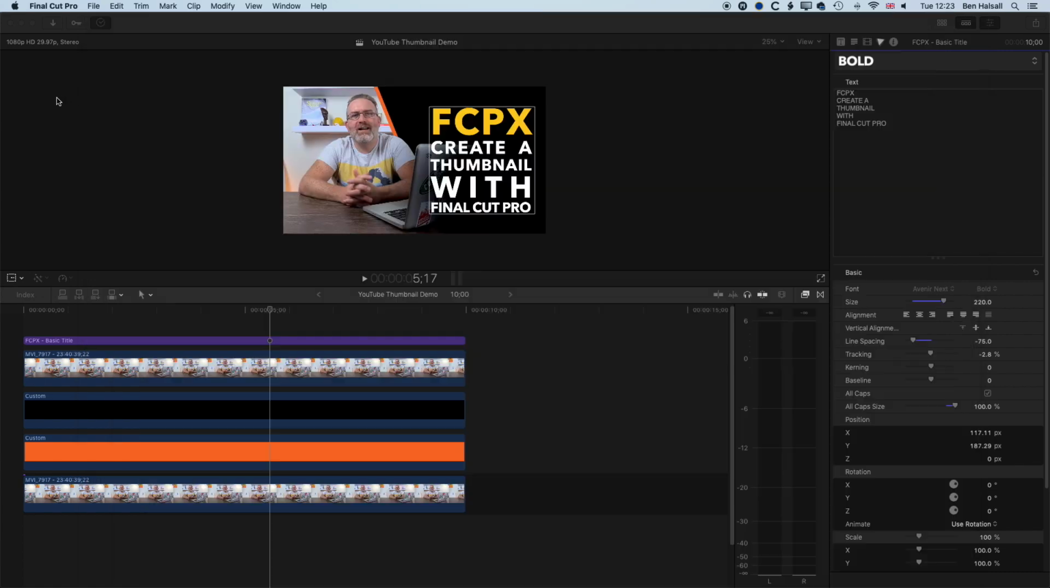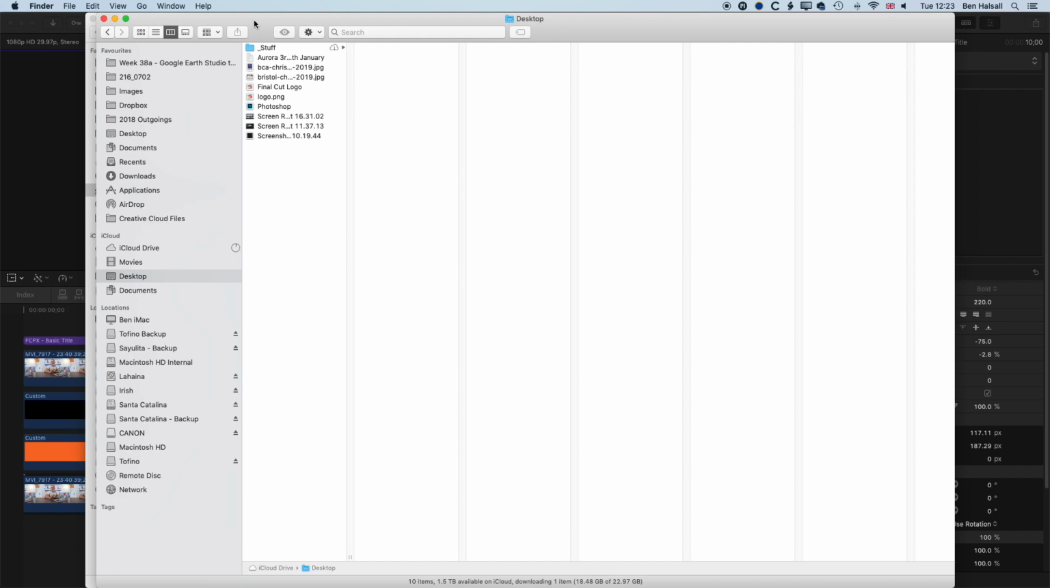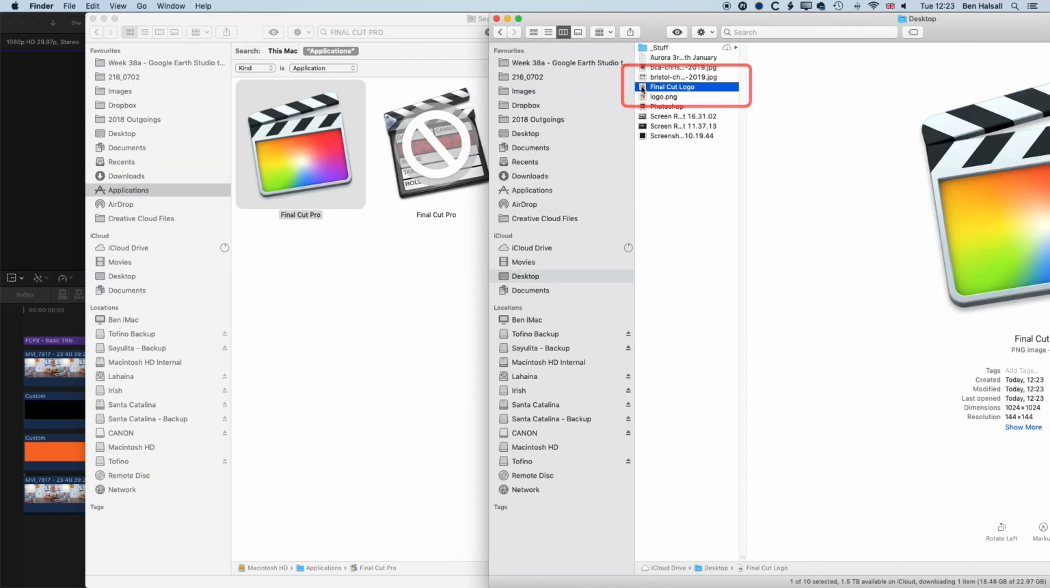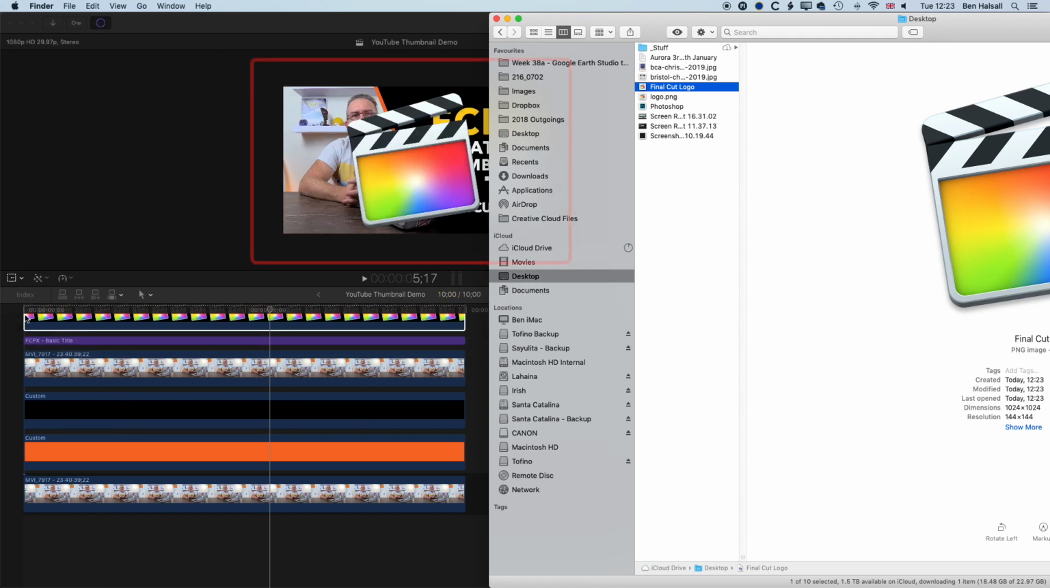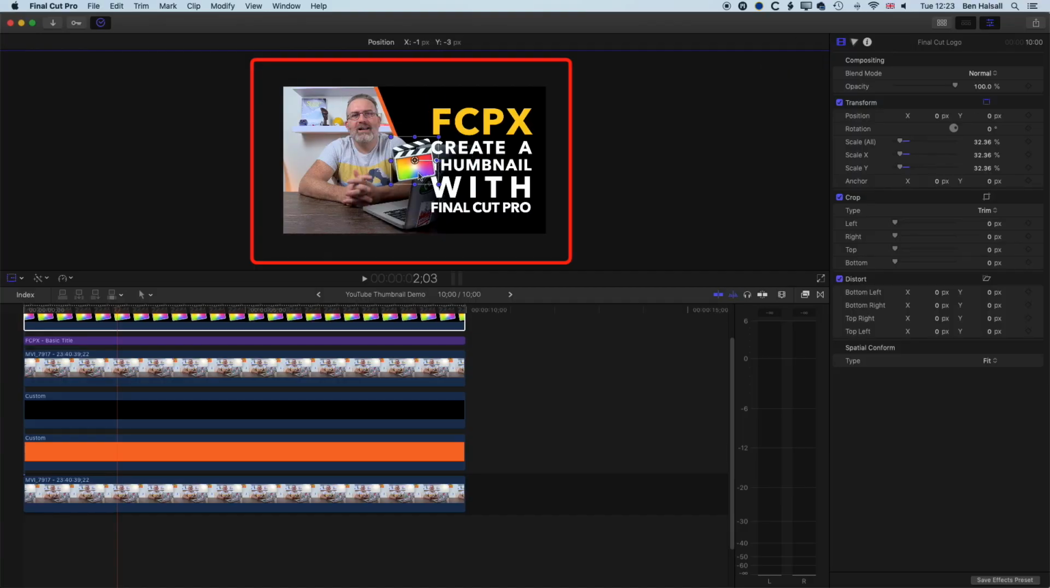And now if we jump back into Final Cut Pro and bring up the desktop here, then you can see I've got my Final Cut logo, which is the one I just created, and I can drag that onto my timeline. So then we have a super high quality version of the Final Cut Pro 10 logo, and we can scale it down, position it across to the bottom left,